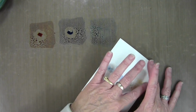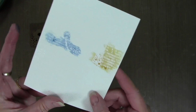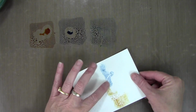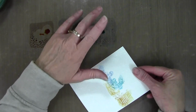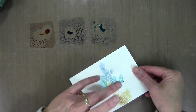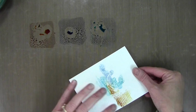So I have one finger for my brown, one for my faded jeans, and here up close you can see the resist. And so you just keep going back and adding more color. I'm going in a horizontal motion right now, but as I keep adding color, I'll start going more vertical. So as you can see, it's resisting, and I'm getting some great dark color, light color, and a nice